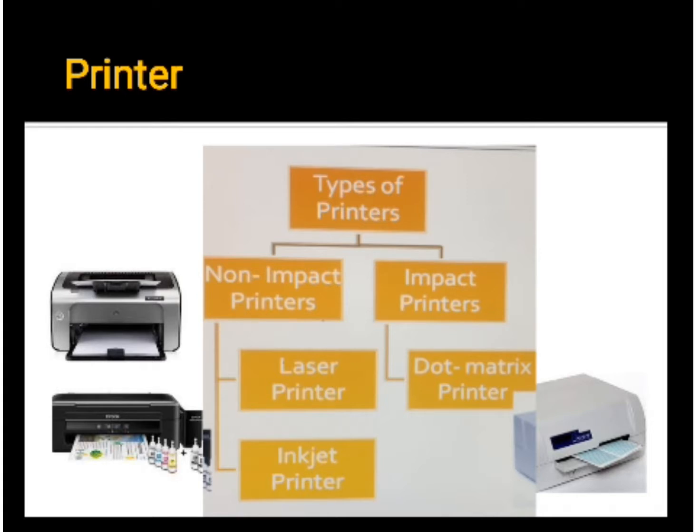A laser printer uses laser technology to print text or images on paper, and the speed of a laser printer is given in pages per minute. An inkjet printer is a non-impact printer that produces output and text images by spraying ink on the paper, and the speed of an inkjet printer is given in lines per minute. For the impact printer, the dot matrix printer contains a movable print head with pins that strike the ribbon, placing a dot on the paper. The speed of these printers is given in characters per second. So there you can analyze that the speed of printers varies.